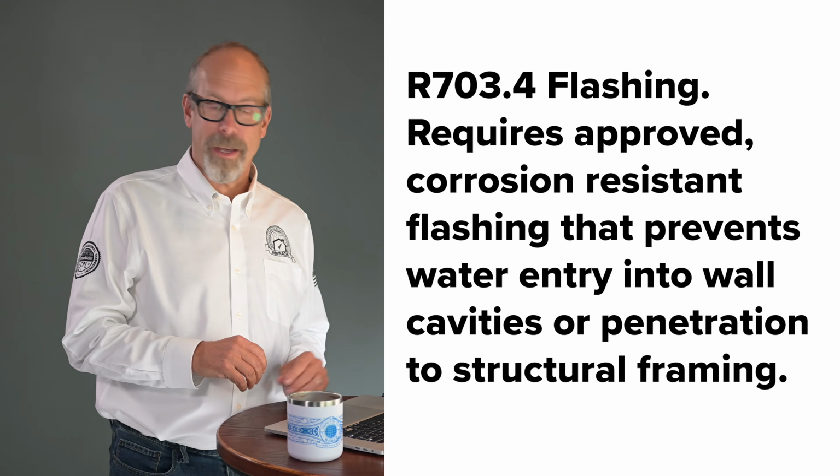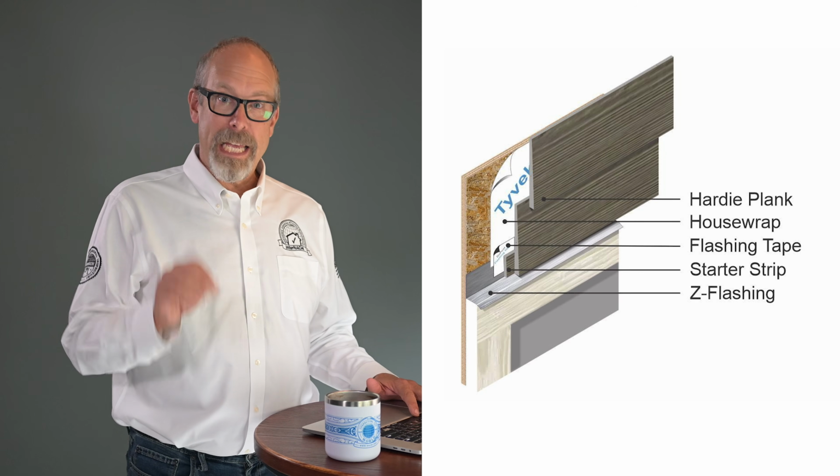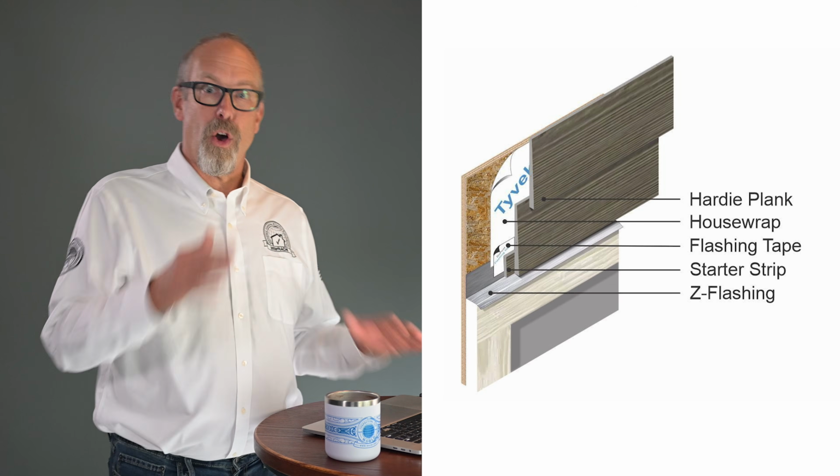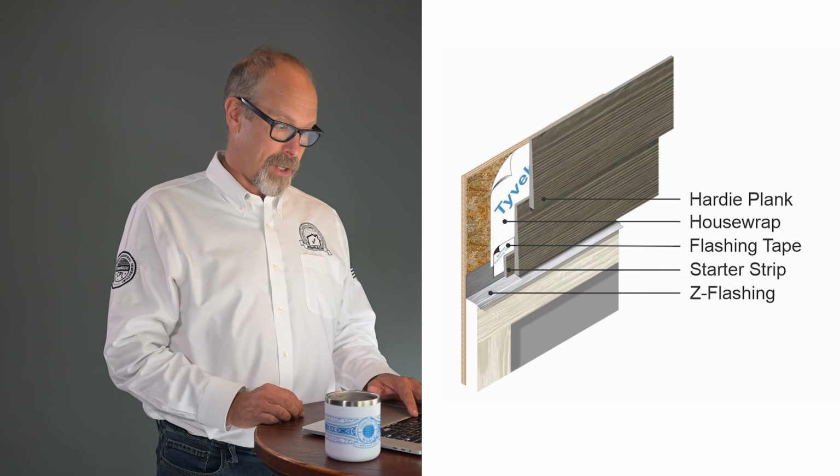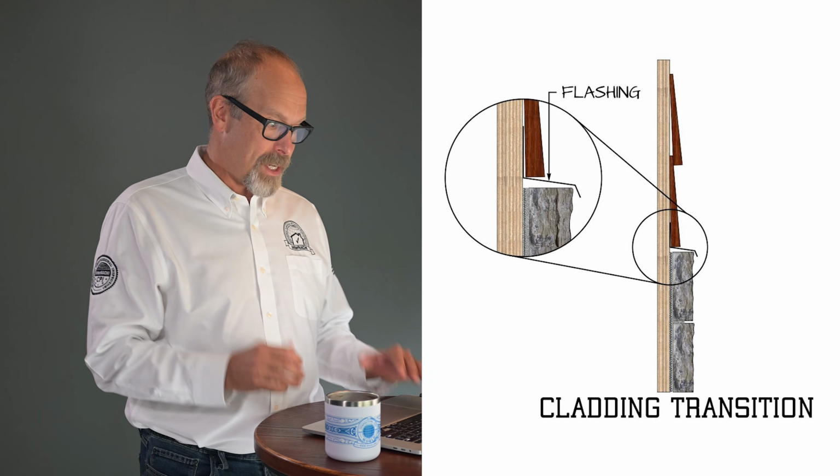to structural framing. And the key principles: use rust-resistant materials, install with proper sections overlapping lower sections just like shingles, and ensure flashing reaches the outer wall surface. Peel and stick membranes have to meet a certain standard, and the liquid applied membranes have to meet another standard. And these aren't just suggestions, they're code requirements that ensure the materials will perform as intended in the